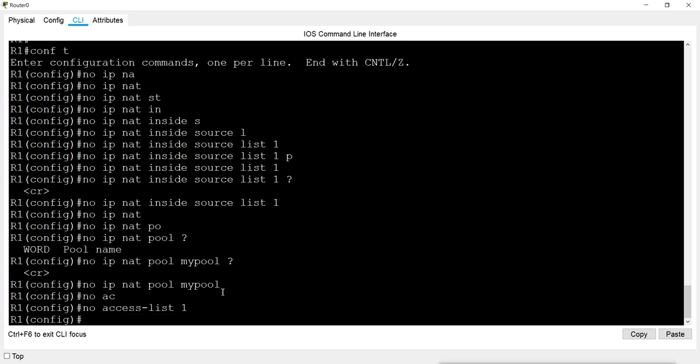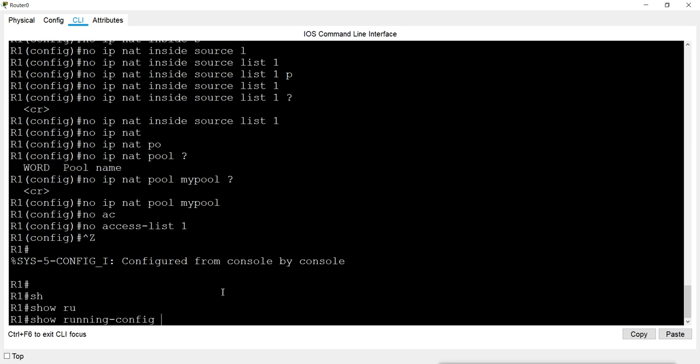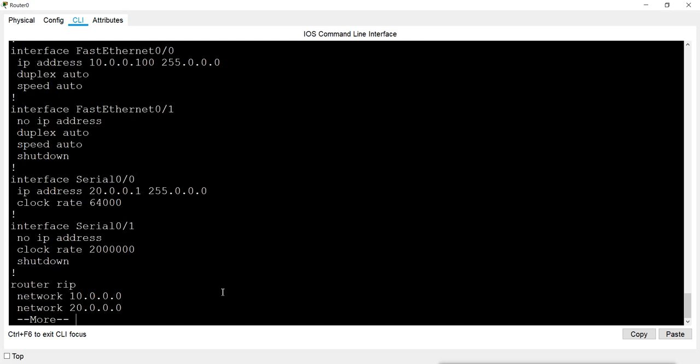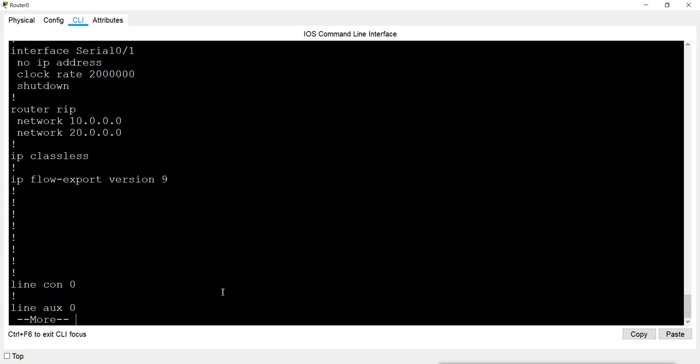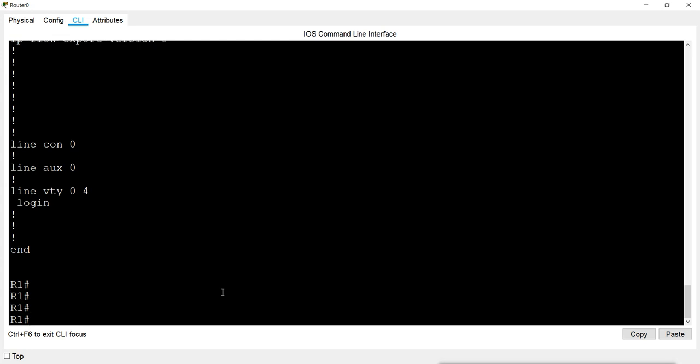Now I have removed the whole configuration and you can check by show running configuration. It is not applied on any interface, and the mapping, pool and access list are removed. So it is easier to remove and also easier to configure, and using the access list we can manage who can and cannot access the translation.